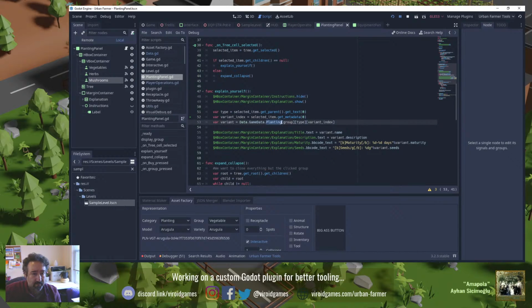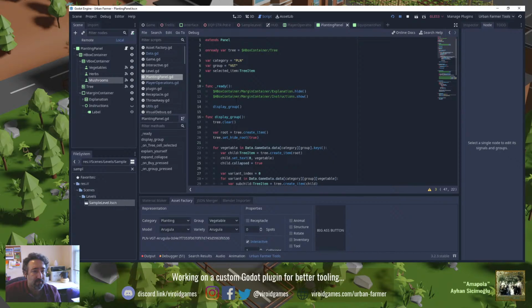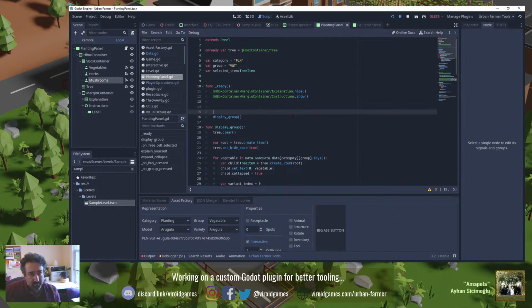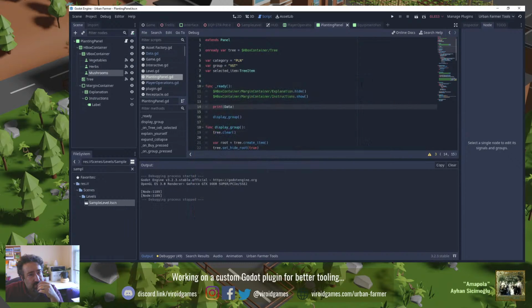So let's. This is not going to work. You click this or the button that triggers it. Let's pretend this planting panel will open and will be ready. Okay. We are actually interested in outputting this. If we access data itself, which is the singleton, what will this give? Gives two nodes. That fires twice because